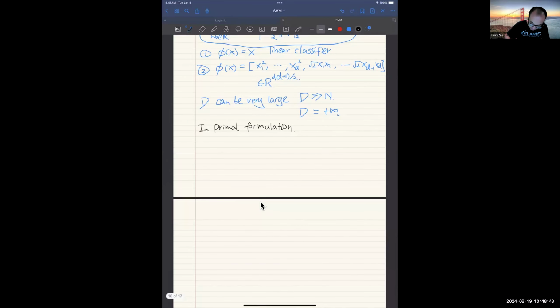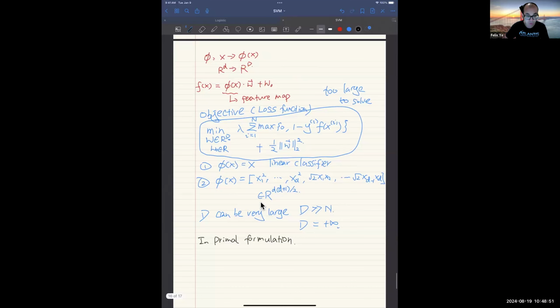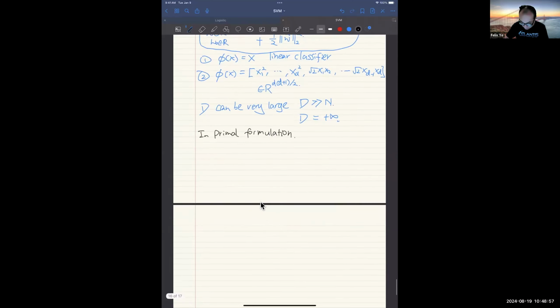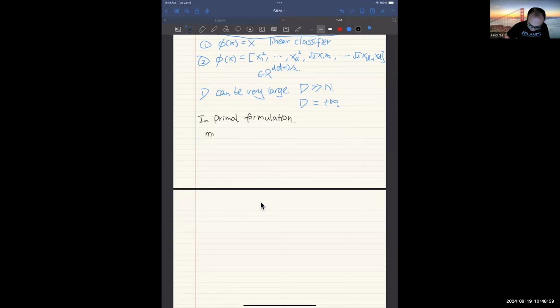I want to remind you of the previous formulation that we have, with these Cassie things, right? So what we have is a minimization over W in R^D, W0 in R, and Cassie in R^n, of 1/2 norm squared, plus lambda times the summation of i from 1 to n of Cassie i. Right, so this is subject to,